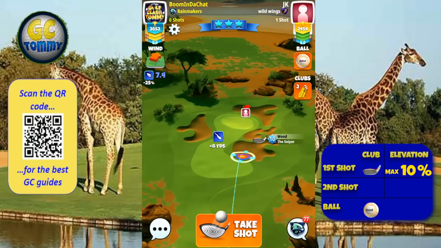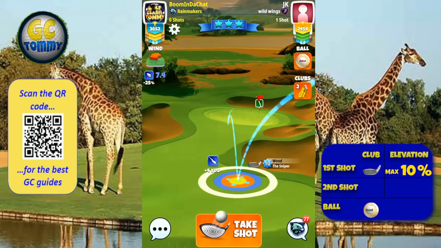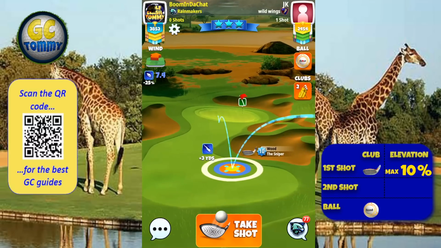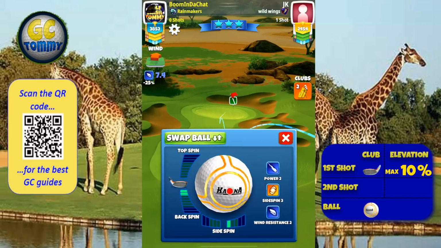On hole number 3, you can either play a rough bump or you can play a bounce up. If we do have a tailwind, the rough bump is not really the way to play in my opinion. Then the bounce up is better. And the reason for that is that